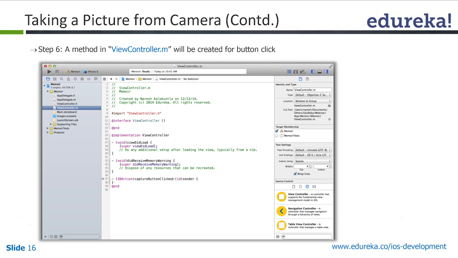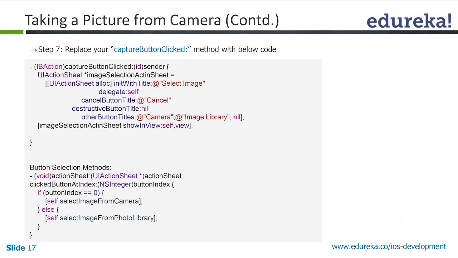If you see, there will be an empty method implementation that is created automatically whenever you control drag your capture button onto the header file. So now you have this method, and let's replace this method with some other code. So now